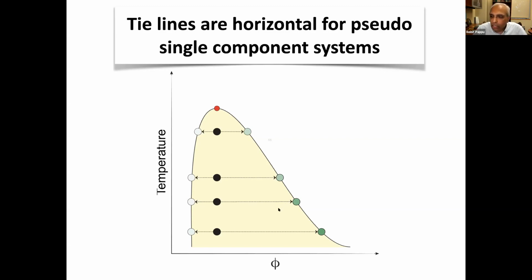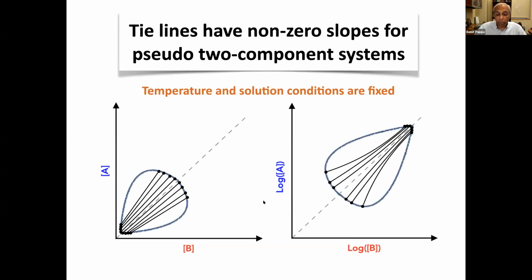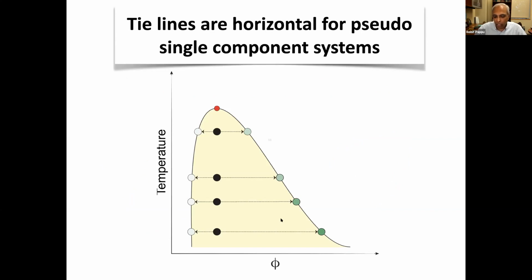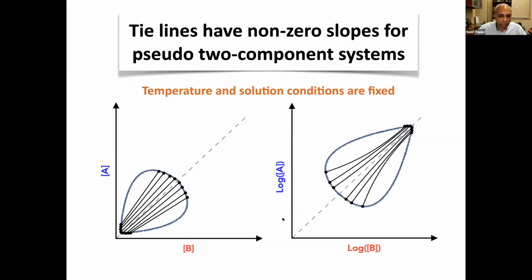The tie line is horizontal. What is the ordinate here? It's temperature. That is basically saying that the temperature in the dilute phase and in the dense phase are exactly the same, right? But that's going to be different here because in our multi-dimensional or multi-component systems, our tie lines actually have slopes. So in the previous case, the tie line basically was horizontal, zero slope. Here we're basically going to have